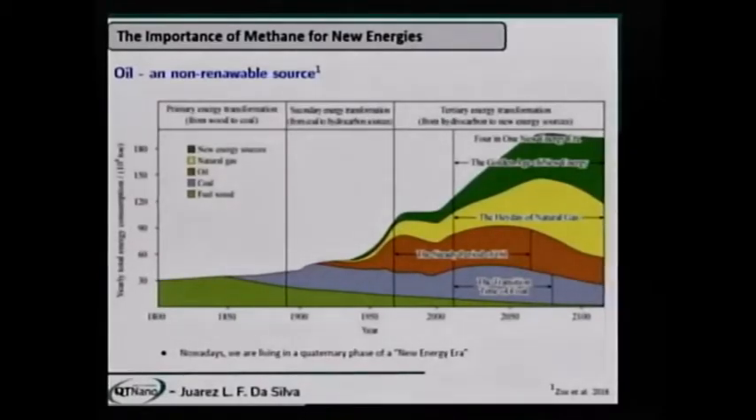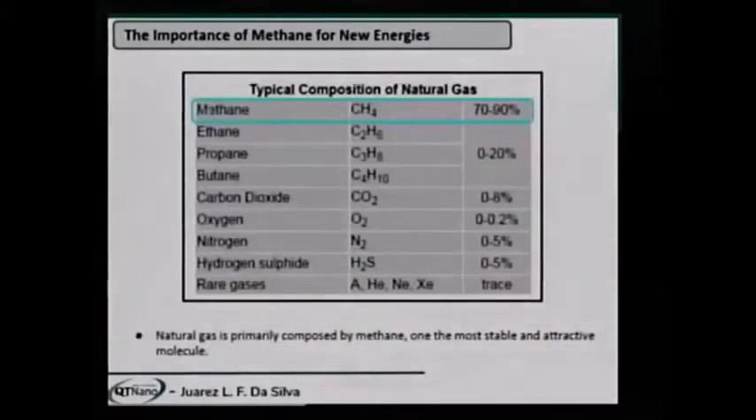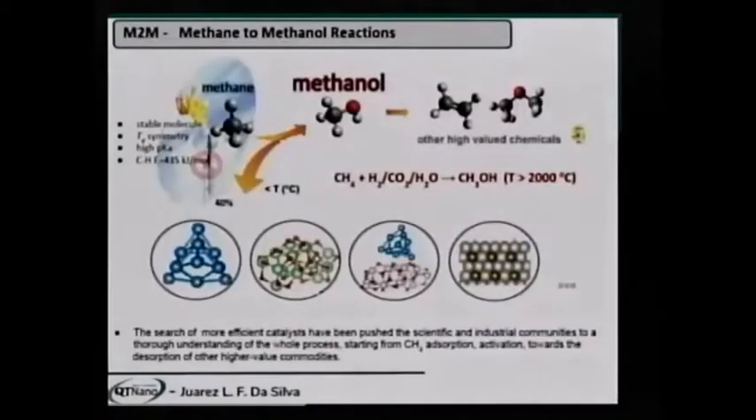One of the best answers is the intelligent use of non-renewable resources like natural gas. This is important because natural gas is primarily composed of methane, which is one of the most attractive precursors of C1 chemistry. However, using methane